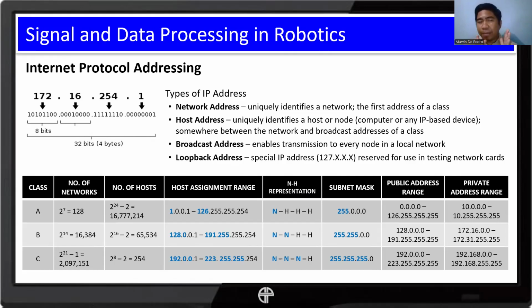So apart from the MAC addresses that only the Ethernet switches can see, the robots or other digital devices that we connect to the network are also tagged or identified with an IP address. Okay, so we have different types of IP address.